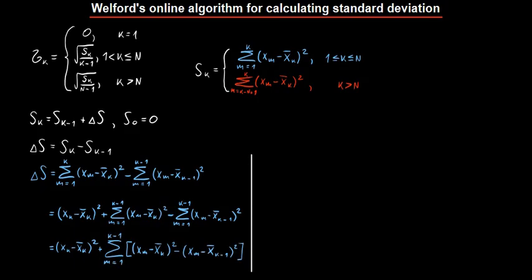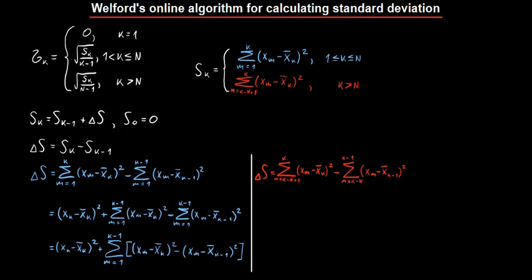Okay, now let's look at the second case where the window is full. Here, delta s is the sum of square differences between x sub m and the current average, where m goes from k minus n plus 1 to k, minus the sum of square differences between x sub m and the previous average, where m goes from k minus n